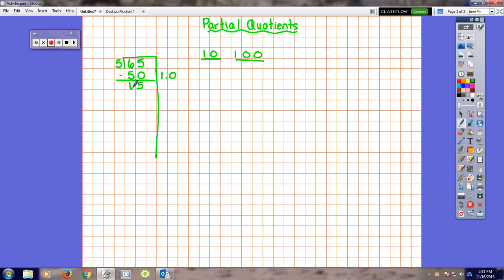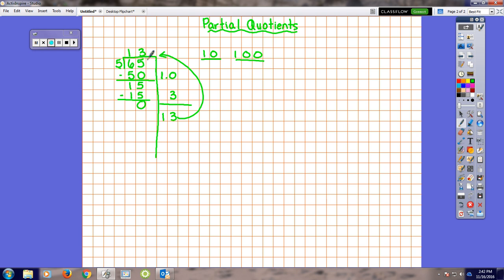So I have 15 left. Okay, so now I'm looking at that again. There are 2 different ways I can do this. I know in my head that 5 times 3 is 15. So I could put a 3 here and then multiply my 5 times 3 and get 15 and subtract, and I get 0. Once I get 0, I have no place else to go. So then I'm going to add my 2 numbers. 10 plus 3 is 13. And then I'm going to bring that up here because that's what that's telling me: 65 divided by 5